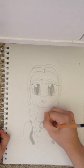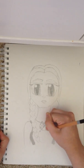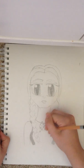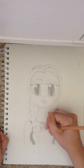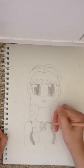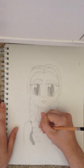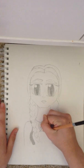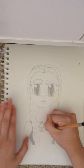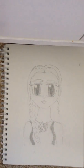Last thing we have to do before we finish the bird is do its tail. Just gonna have two like little spikes on the end, I guess. One slightly larger than the other. And you're going to finish it off with these. And you're going to draw the outer circle of this now, and that is going to finish off the pin. Okay. Now that we have done that,